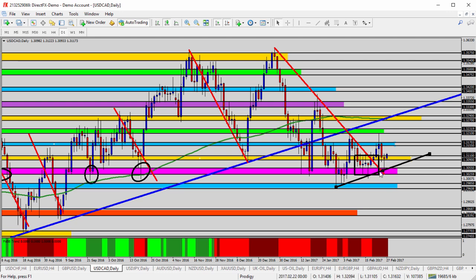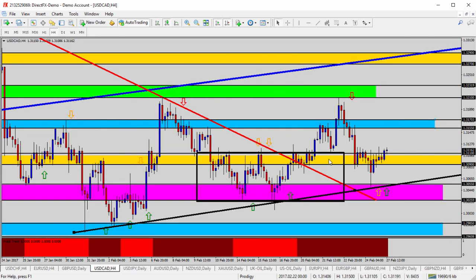We'll zoom in here in a minute, but I just wanted you to see the long-term trends, the downtrend, and now starting to see a little bit of a rise to the lows along the black trend line. Let's go ahead and take it on down to the 4-hour time frame. Take a look at what happened last week. We saw a dip to the pink zone, touched it briefly, and now we're back up here towards the yellow